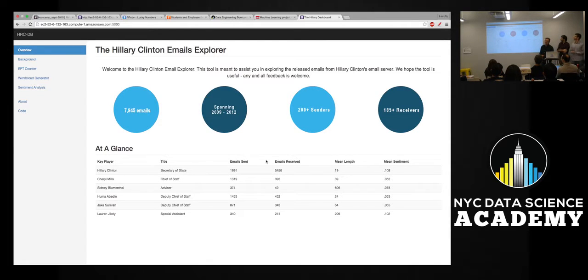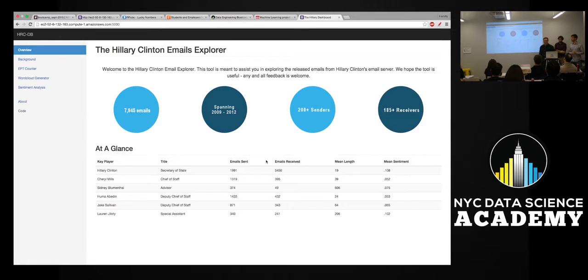We saw that there was close to 8,000 emails over a 3-year period, with a little bit more than 200 senders and a little bit less than 200 recipients. And we went through the emails and found that a lot of the information had been redacted, so the sensitive information had been taken out, and there wasn't really much to work with in terms of Benghazi or Libya, which was the key focus, right? The key focus was whether or not Sidney Blumenthal was providing information to Hillary, whereas people who were trying to call for more requests for greater security at the embassy in Benghazi were being ignored. All that stuff was cut out.